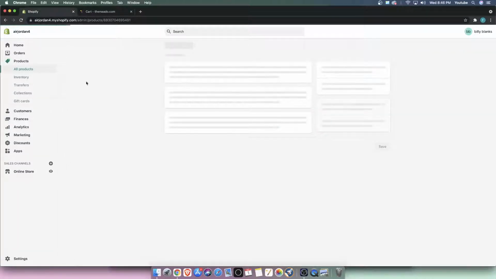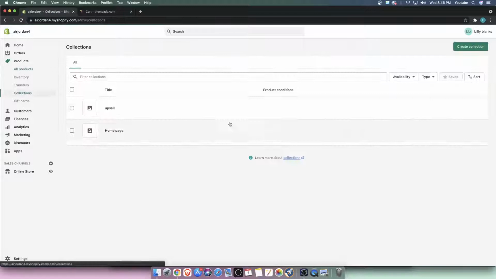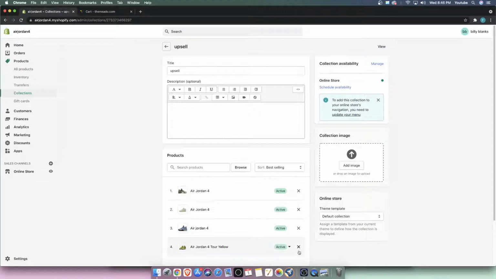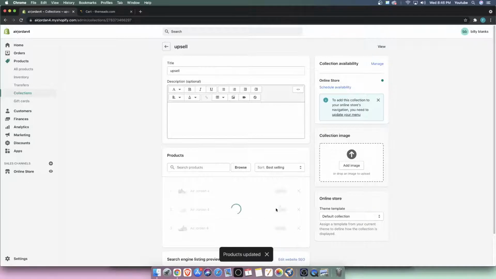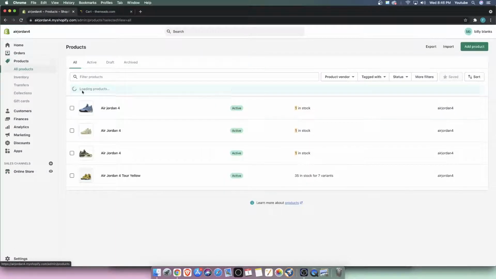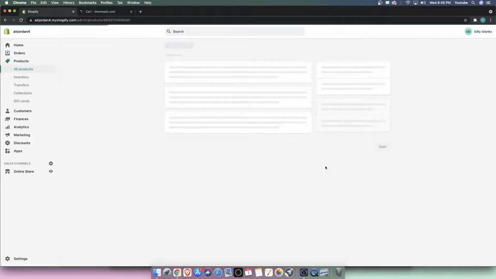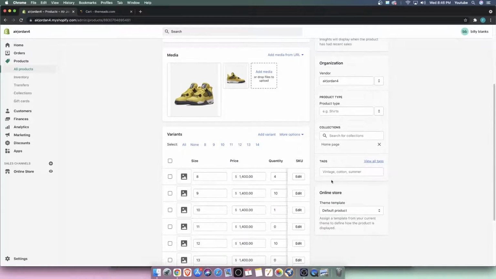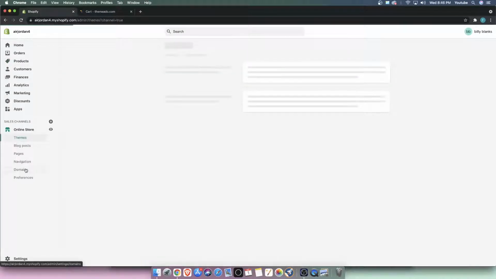Okay, so we got to get that product out of the collections here. So let's go over here to upsell, and let's delete this upsell right here. And it's saved. So now what really should happen is, let me just make sure the product doesn't have the upsell tag, since it is our flagship product, and it doesn't. So let's go over here to online store,